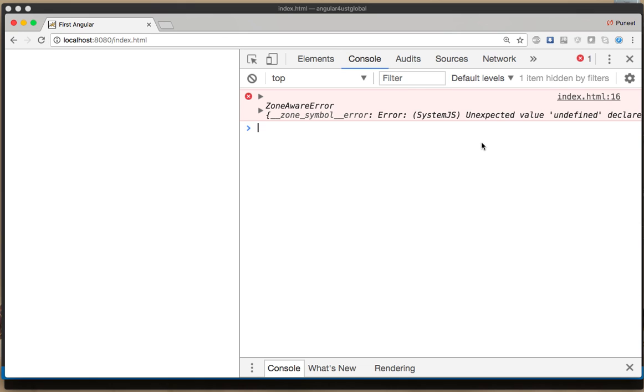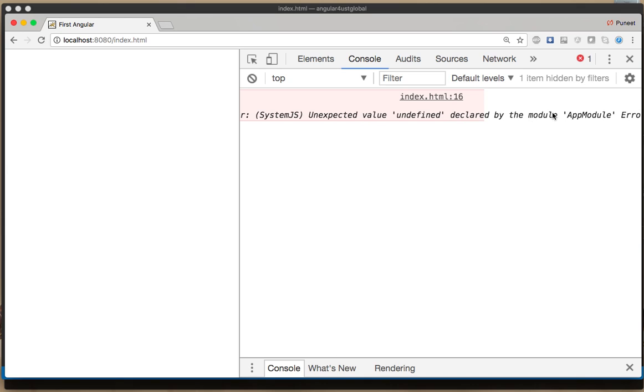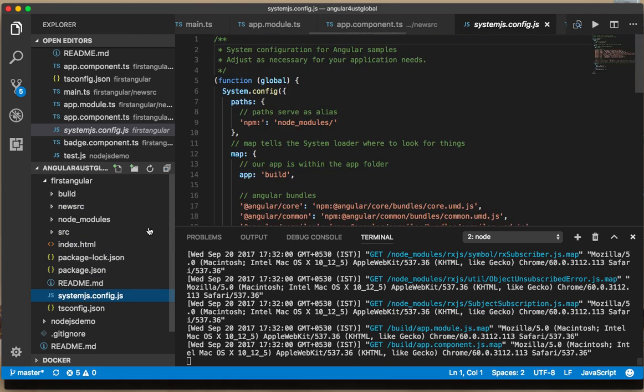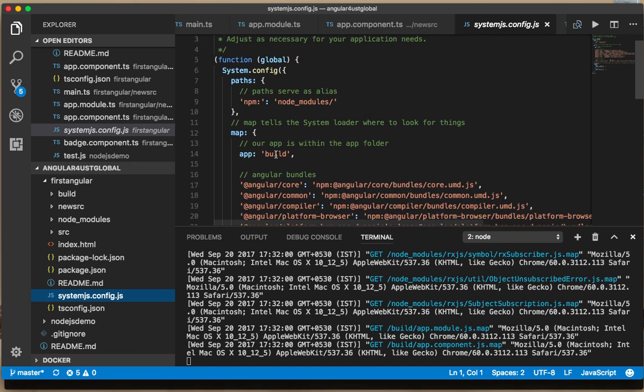Okay, I'm sorry. So it says undefined, declared in the module. Maybe we just change this, new source right over here. Let's just go into the system.js configuration, and